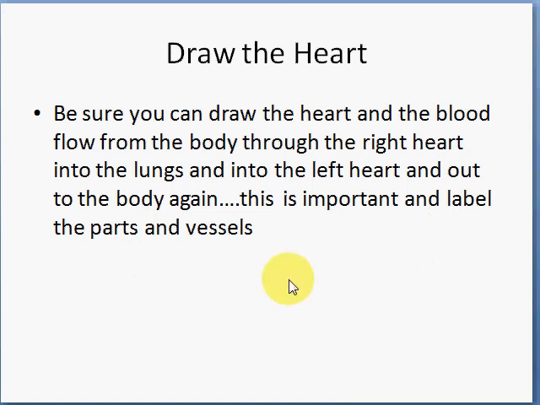An exercise that I think is helpful for students to conduct is to draw the heart. Take a piece of paper and draw a box, and then make 4 squares in that box, and use those 4 squares to represent the 4 chambers of the heart. Then trace how blood enters from the body into the right atrium, into the right ventricle, out to the lungs, and then comes back in to the left atrium and left ventricle, and then back out to the body again. Do this until you're consistently familiar with it, because it will help you immensely when we talk about congestive heart failure with its various